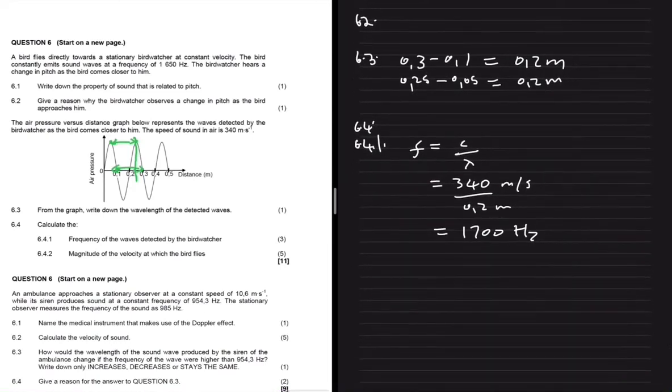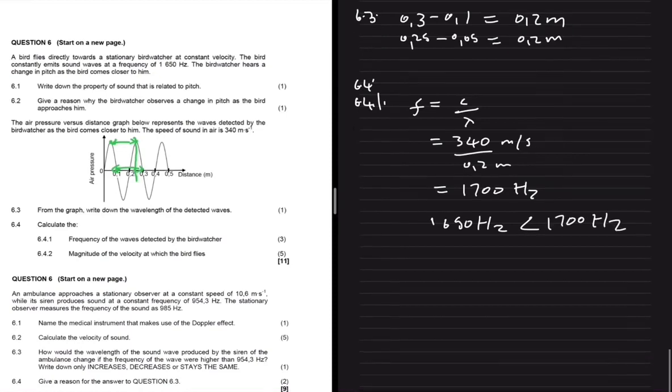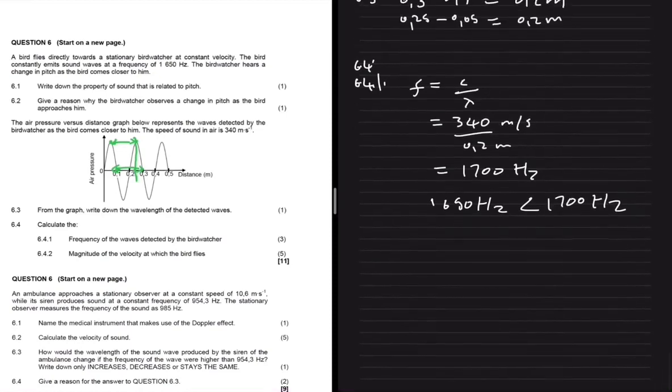The emitted frequency is 1650 hertz, right? And the bird is moving towards the bird watcher, so we're anticipating a frequency that is greater than that which is emitted, and that is true because, as you'd see, 1700 is greater than 1650 hertz. Moving to the next question,